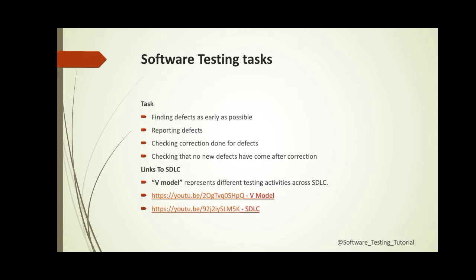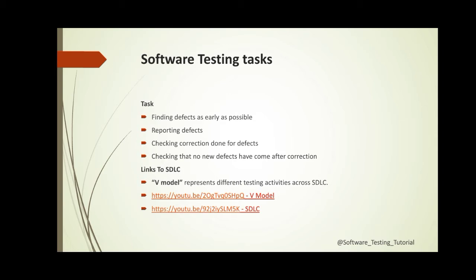Okay, let me explain a little bit about the last video so you will understand. We have seen in the earlier chapter that the challenges and problems in the SDLC phases lead to failure in the developed software application. That means the defect causing the failure exists right from the requirement stage. These defects need to be identified as early as possible so as to avoid their multiplication in subsequent phases. Hence, the objective of software testing is to find the defects as early as possible.